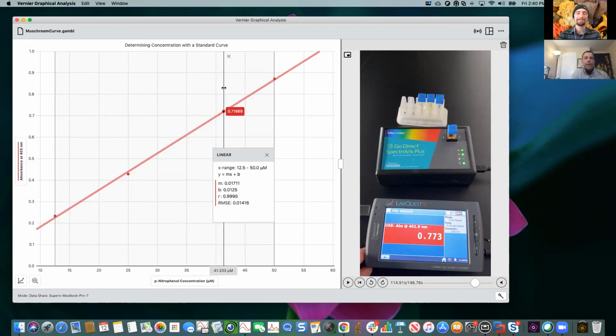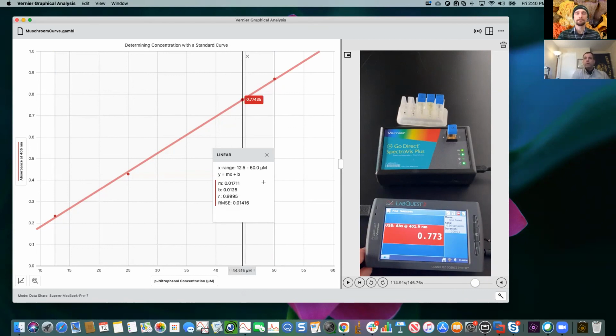Now you can just find that on the actual graph. You could go to 0.773, right around there, and it's going to show you right down here that's about 44.515 micromoles. So this is a really interesting way to insert video. If you're teaching asynchronously, you can have them look at interesting data and do more of what I would call lab activities.